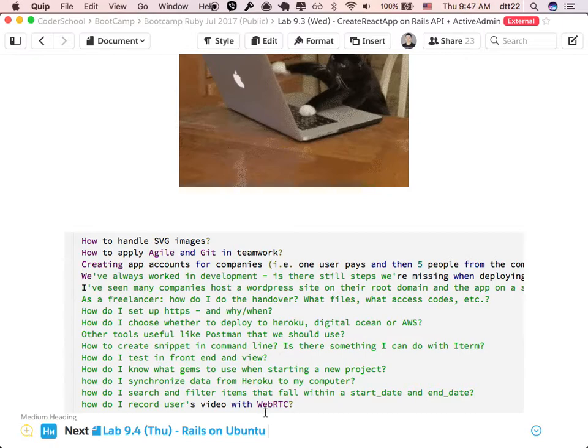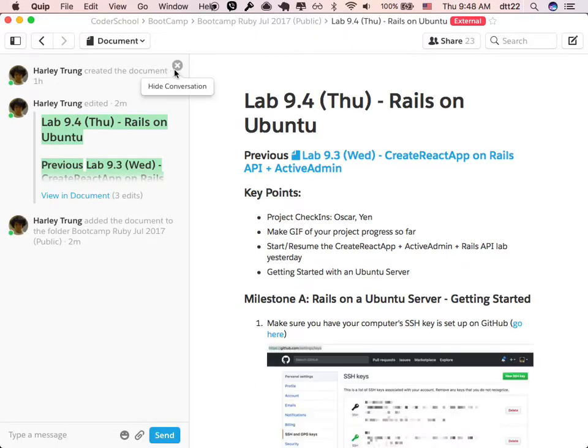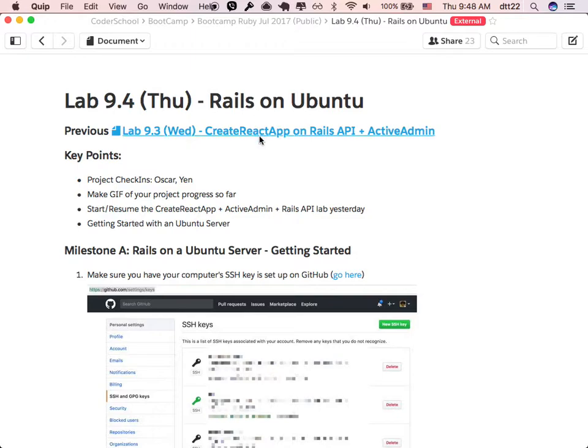That's one thing. However, I'd like you guys to also do something quite small that's getting started on being on an Ubuntu box. So your laptop may be a Mac, maybe Windows or an Ubuntu server. When you put your Rails app on a server that is not Heroku, it most likely is going to be on Ubuntu. So it's important to learn the command line, the Ubuntu thing well, because what you end up doing